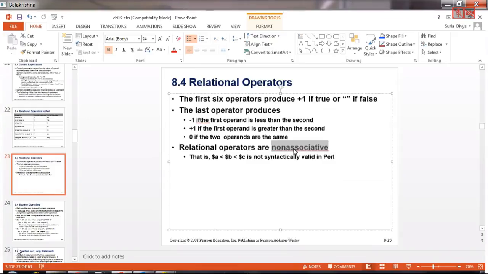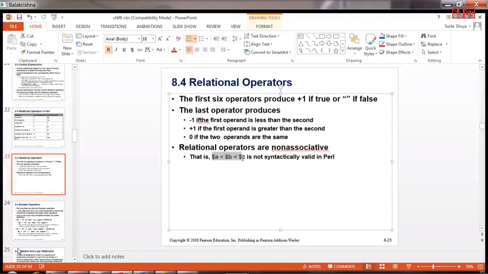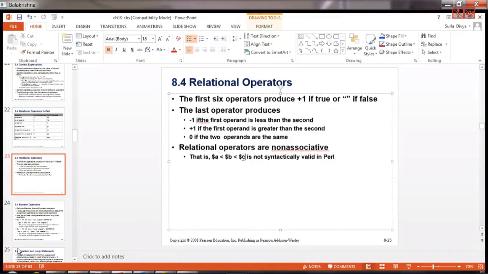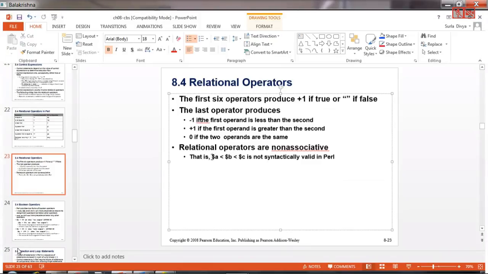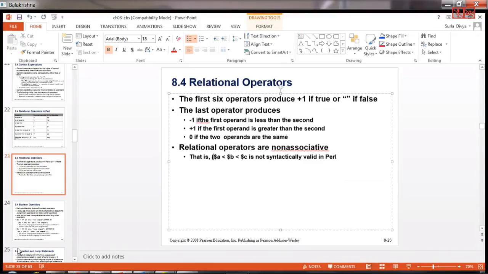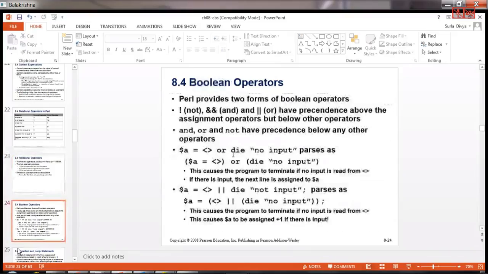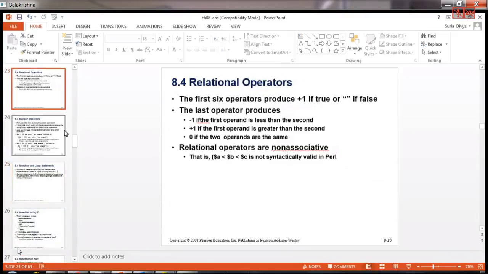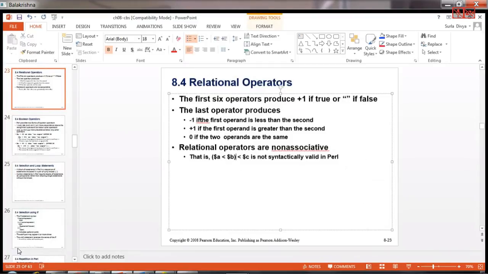And relational operators are also non-associative. This implies you cannot have 3 comparisons at a time. You cannot have, let's say, $A less than $B less than $C, for example. It doesn't know how to compare this. If it were associative, what would happen? Probably you can put it in braces, if you put it like this. So this is one option. If you put them in braces, it is just two strings.